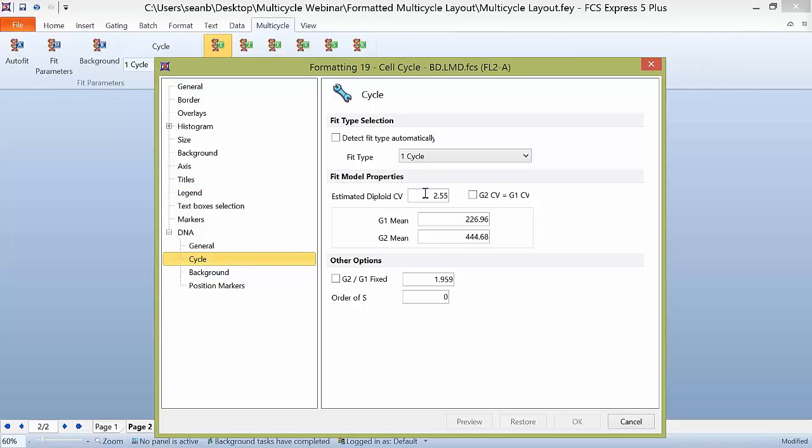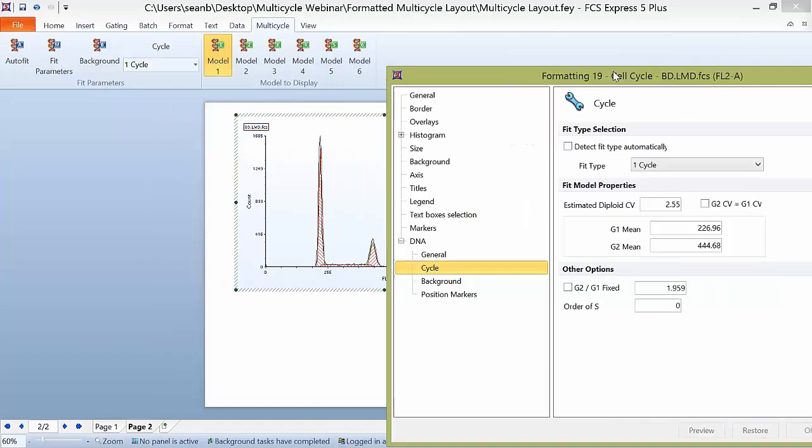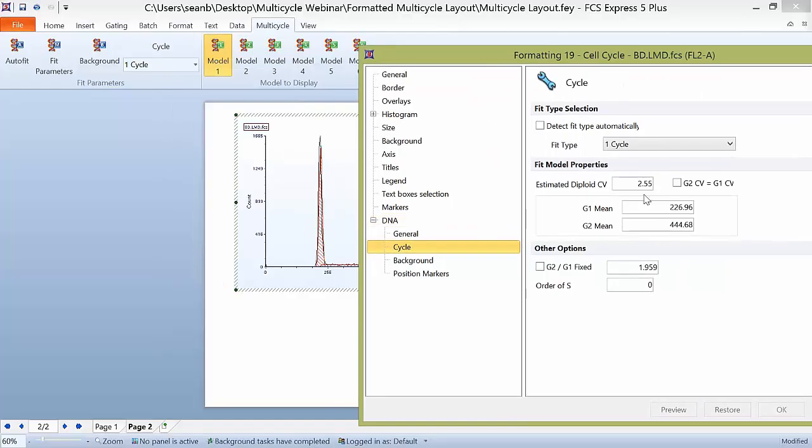And you also have options if you need to change what you think the estimated CV for your peaks is going to be, or the spread. You can see here we determined a very kind of low CV of 2.5. If you needed to come in and manually change this, reduce it, or increase it, of course you could do so. You can also fix the G2 CV to the G1 CV so that MultiCycle is trying to fit based